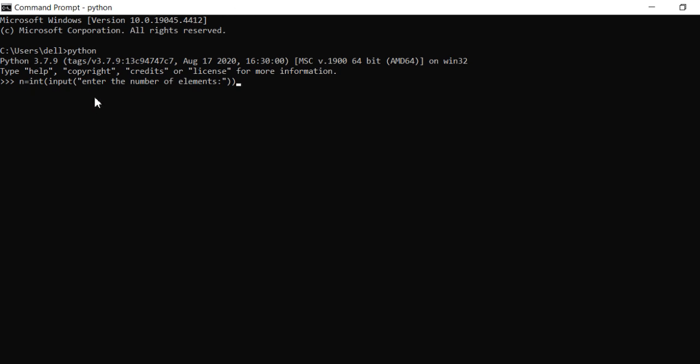We will receive the input with the help of this input method, and with the help of this input method we are passing the string, enter the number of elements. Here we are doing typecasting with the help of this integer command, as we have already studied in our previous presentation why we need a typecasting and how to do a typecasting in Python.